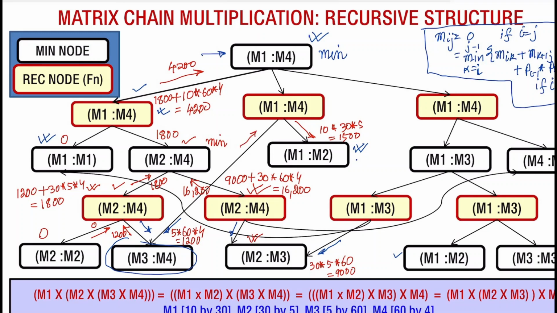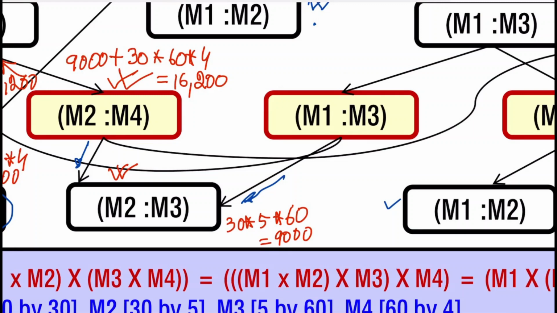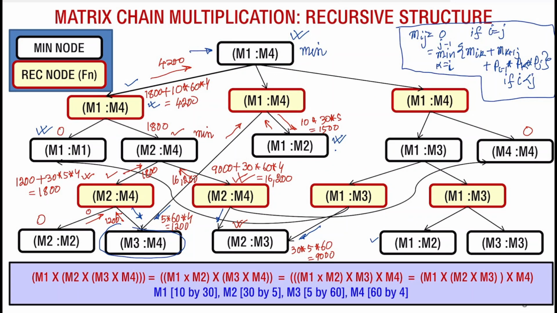So from this side 1200 will come, from this side 1500 will come, and the computation here will be 1500 plus 1200 plus this additional p(i-1) pk pj, which is 10 into 5 into 4, and this will yield 2900, and from this side 2900 will come, and then we have to go this side,